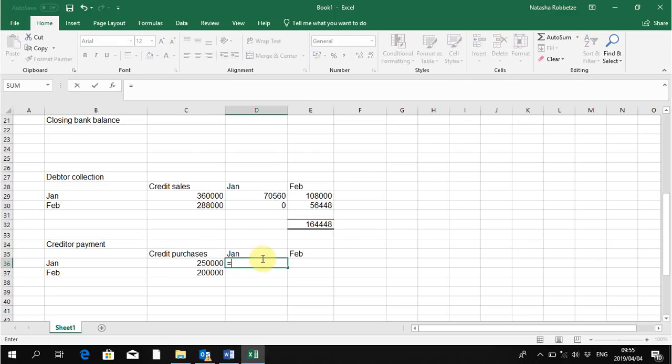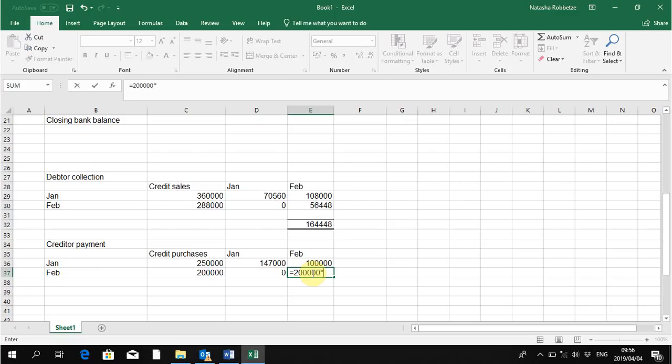So in January, I'm going to say we pay 60%. So it's going to be 250 at 60%, and we qualify for a 2% discount. In February, we pay the other 40%, so that's 250 at 0.4. Again, for January, we will have no payments that relate to February, but in February, we will again have the